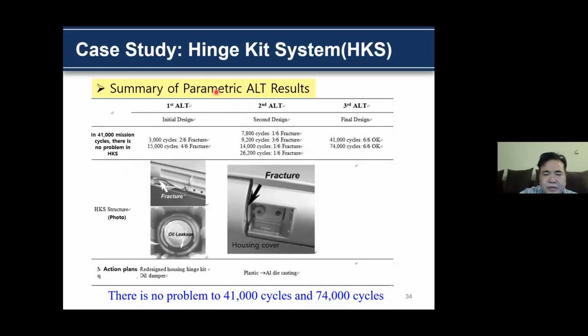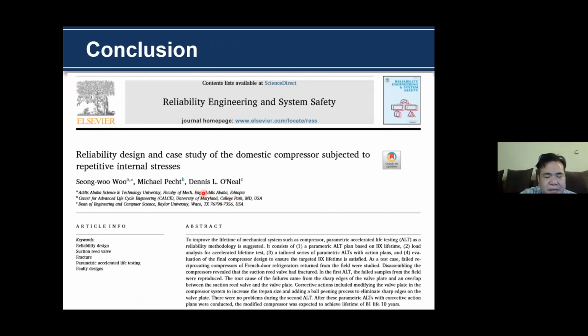This is a summary of the parametric test result. The first test we found is the two-part problem, the housing and the oil damper. In the second test, we found the hinge kit cover problem. We changed the material. After modifying the design specification, there is no problem at 41,000 cycles and 74,000 cycles. This is my